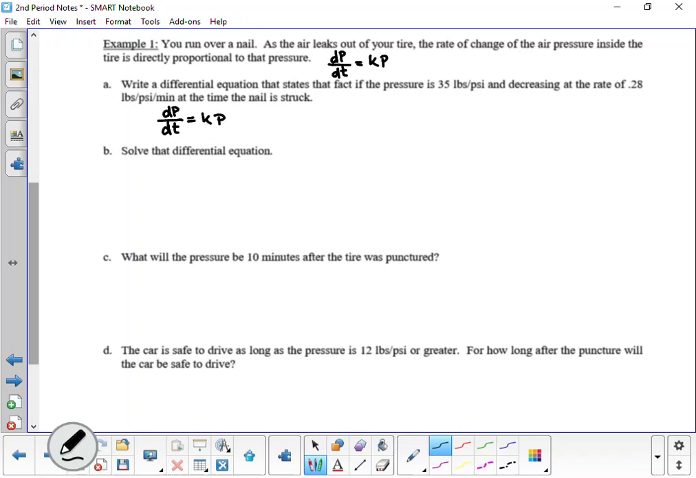Okay, and then, so I know that the initial pressure,